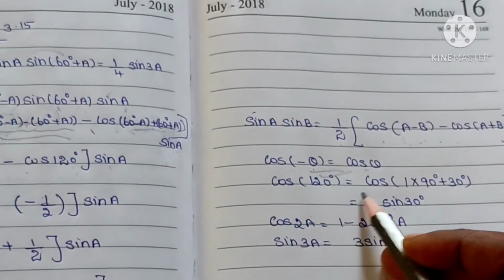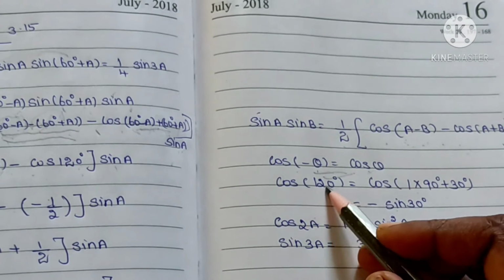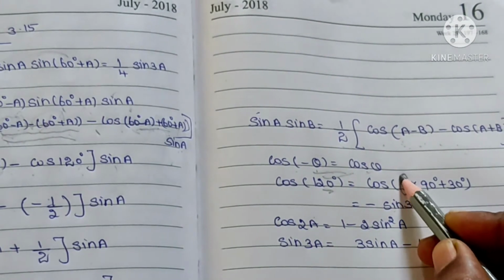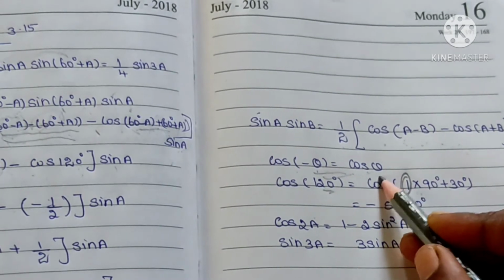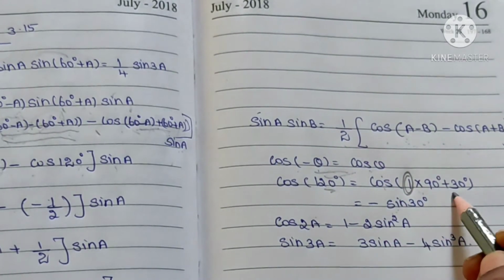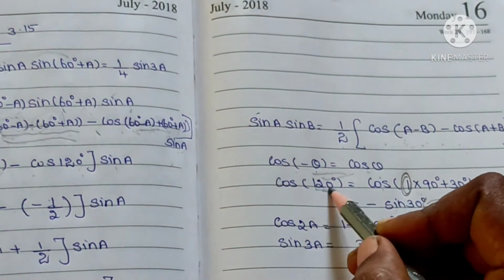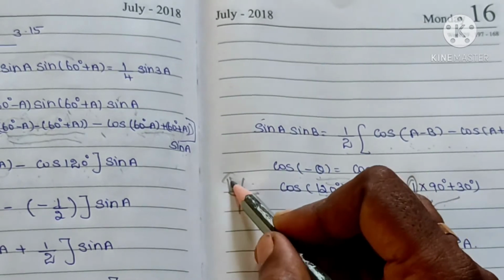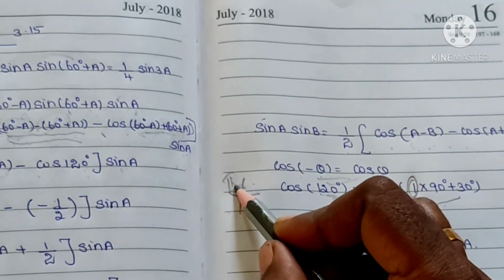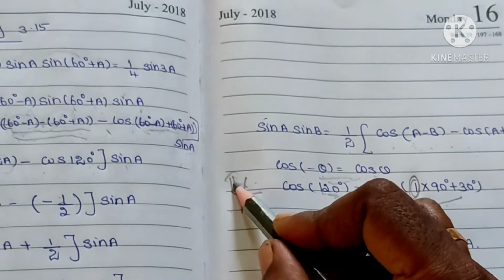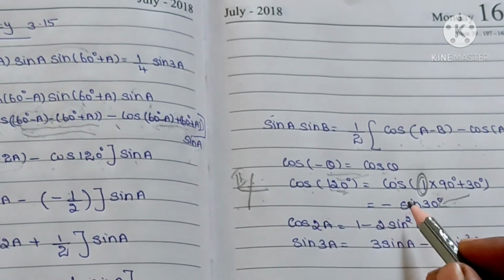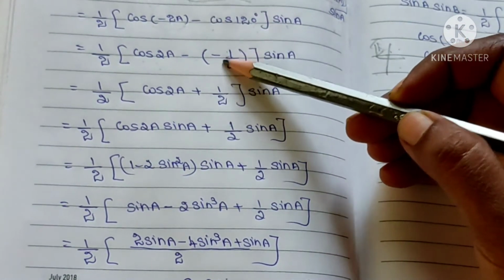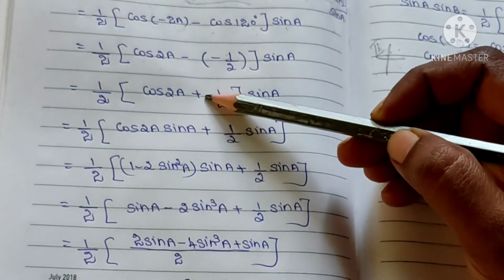See the value of cos 120 degree. Split the term, 1 into 90 degree plus 30 degree. This one is odd. If k is odd, then cos is altered. Cos becomes sin. So sin 30 degree. Check the quadrant. 120 degree is in the second quadrant. Second quadrant, all students take chocolate. So students, sin only is positive, sin and cosecant. So cos is negative. So we get minus sin 30 degree. Substitute here. Cos 120 is minus 1 by 2. So minus of minus is plus.